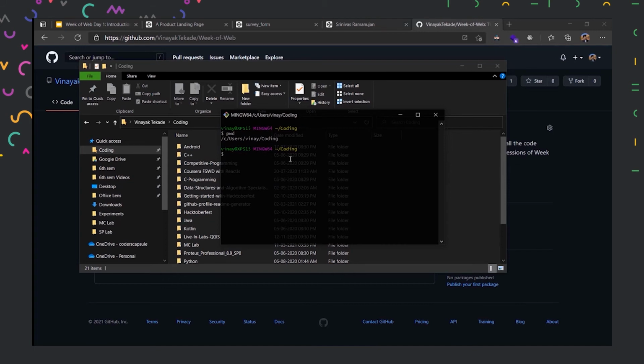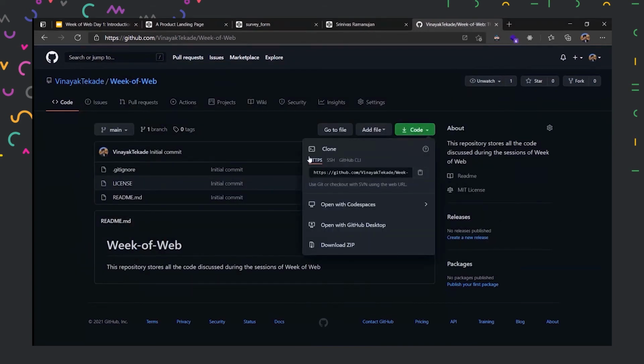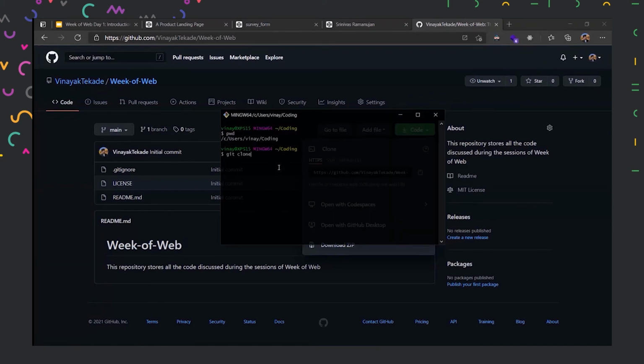Right. Now I want the Git repository we created online on my local computer. So we have a command for that called git clone, and then I can press Shift Insert. I need to copy it again. I'll go here and copy this link, the git clone link, which will actually generate an HTTPS link for me so that Git Bash knows from where it should download, right? And then I can press Shift Insert to paste it. And then when I press enter, it will start downloading all the files. We had only 3 files, so it was done very fast.